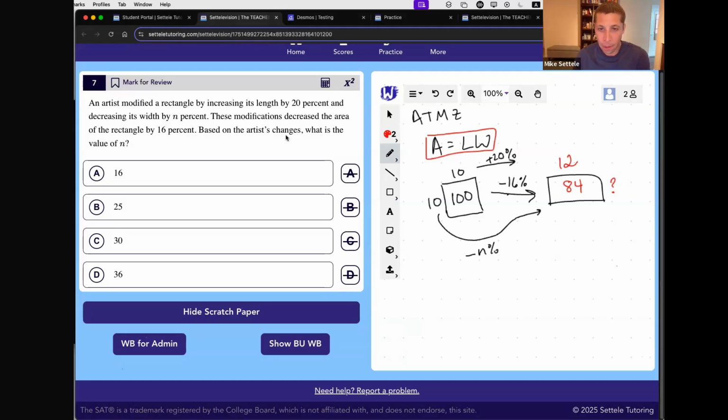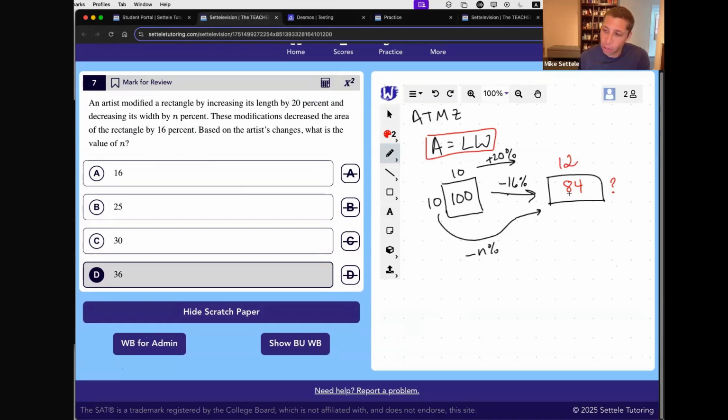All right. Well, a lot of people, before I give the correct answer, are going to say, okay, well, we increased the length by 20% and decreased the area by 16. So I don't know, they do like a 16 plus 20 somehow, get something like that. But we should sense when a question is difficult. And that's too easy of a solution. I don't even know why that would work, but it just feels like, okay, at least it's something.